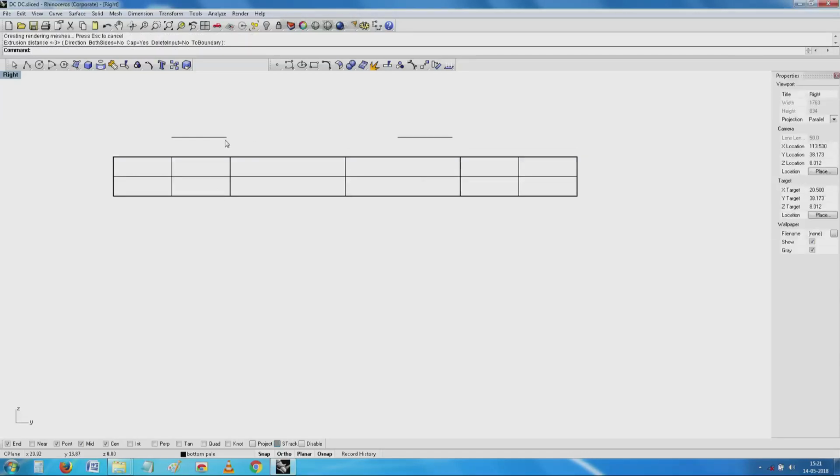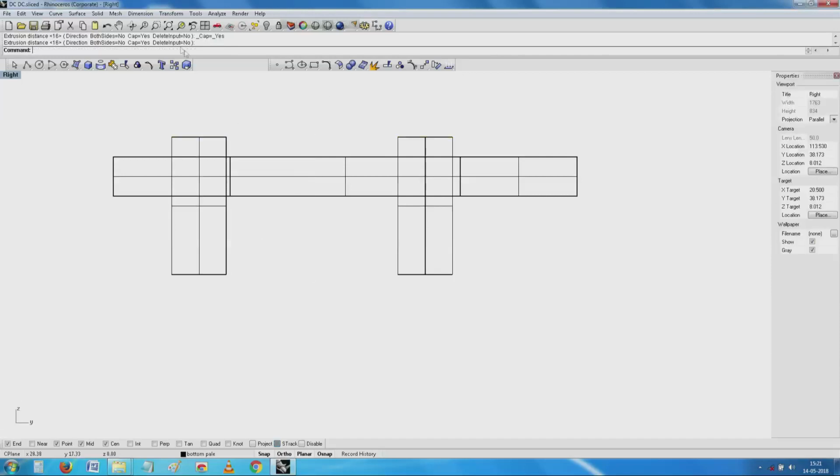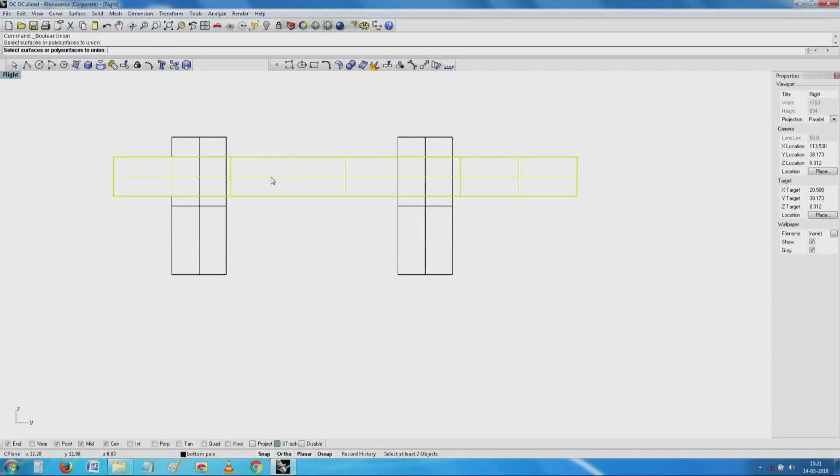I have a 2 mm aluminum plate, then I make a solid out of these curves and make openings by making a difference.